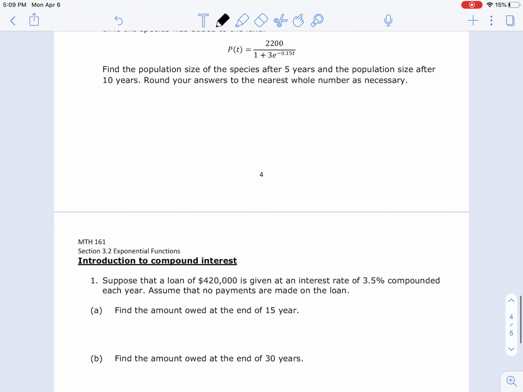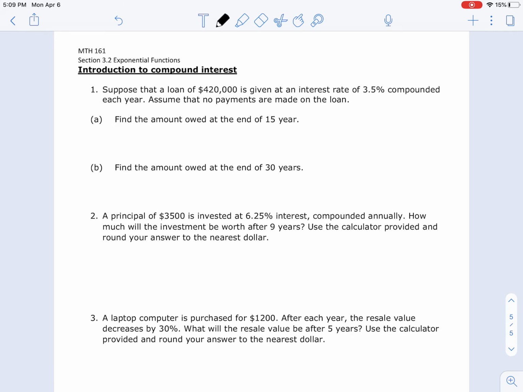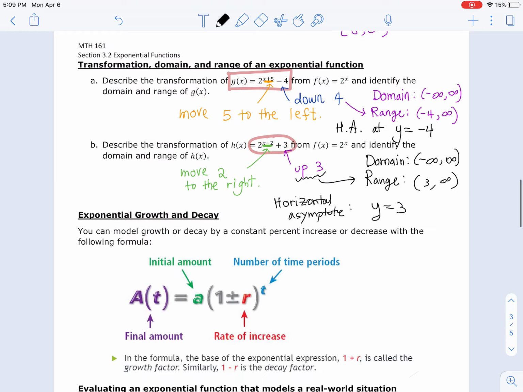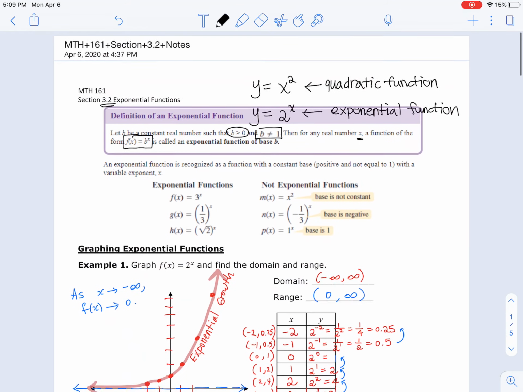All right, that's enough for the first half of 3.2. I will come back and go over the exponential growth and decay, the real world situation problems, a couple funny